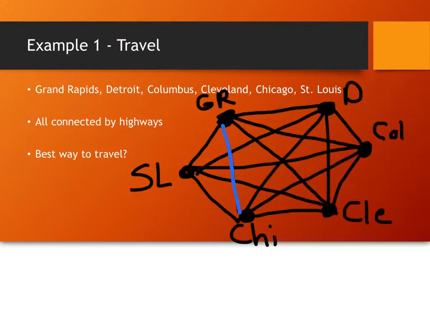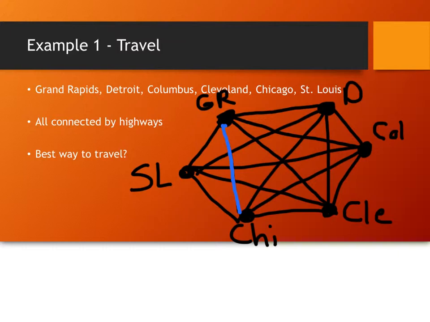So what we do is take each one of these edges, and we assign it a weight. In this case, the weight corresponds to how far, or how long it takes, to go from Grand Rapids to Chicago. So this blue edge that I've highlighted is going to be assigned a weight. Maybe that's 200 miles, or maybe a certain number of hours, 3 hours or something like this. I'm not exactly sure. I don't know the exact number of miles from Grand Rapids to Chicago, but that's the sort of thing you would do. All right? And then you'd have to look at all of the paths and decide which one minimizes